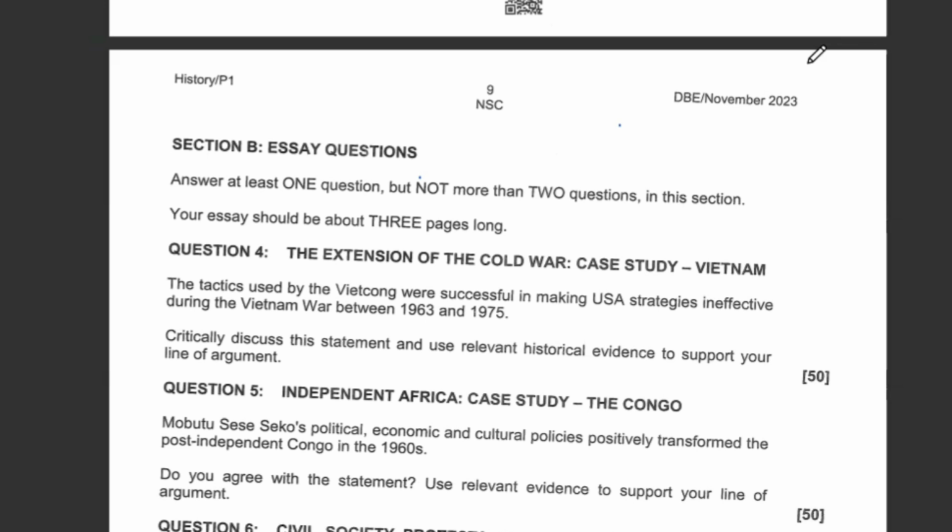Right. In this instance here, this essay is not limited only to the tactics used by Vietcong, because this is a war. Remember, in a war, we have two sides. The winning of one side is the usefulness of its strategies or its tactics. And the losing of the other side is the weakness of its strategies. So in as much as we are praising the winner, we cannot also ignore the fallbacks of the loser because it acted in favor of the winner.